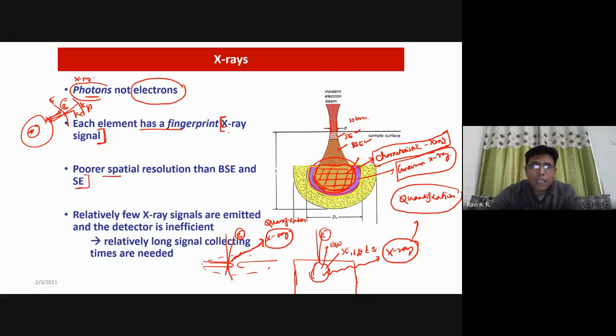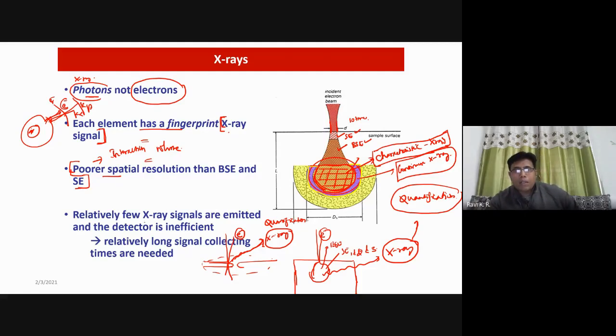So this is another reason there could be a problem because of this interaction volume. As I said, the quantification has a problem. We'll discuss this part a little bit later: how this interaction volume can impact your quantitative analysis. See, these are all qualitative analysis. You can say this element is present or not. Up to that point is fine. If you want to really identify a chemical composition, a quantification using X-rays, that is not actually the right way of doing it.